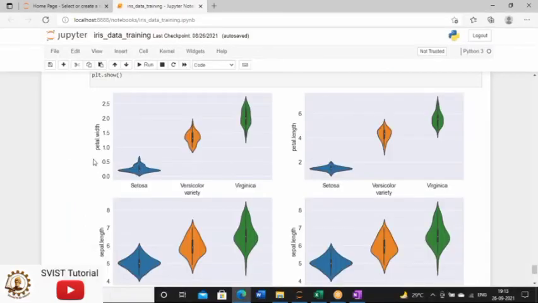This is the y-axis. You see the thickness of the plot varies along the y-axis, and this thickness shows the density. This is the beauty of the violin plot, and the basic difference between the violin plot and the box plot: the density estimation can be found using the violin plot. So basically the density is mirrored. See, we have the division in between, and this density is mirrored.